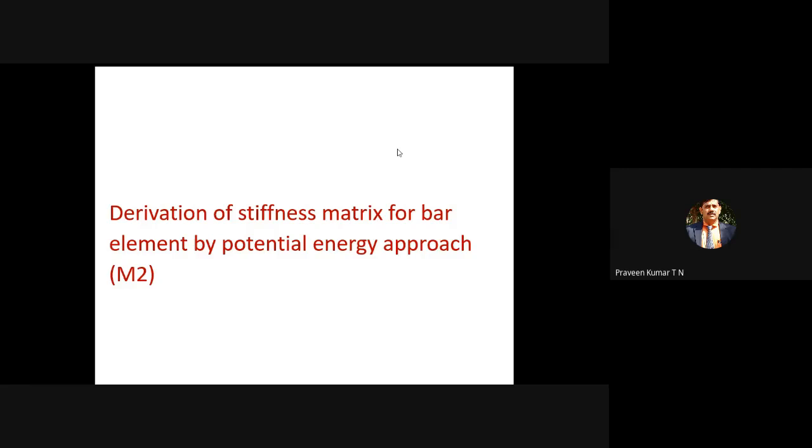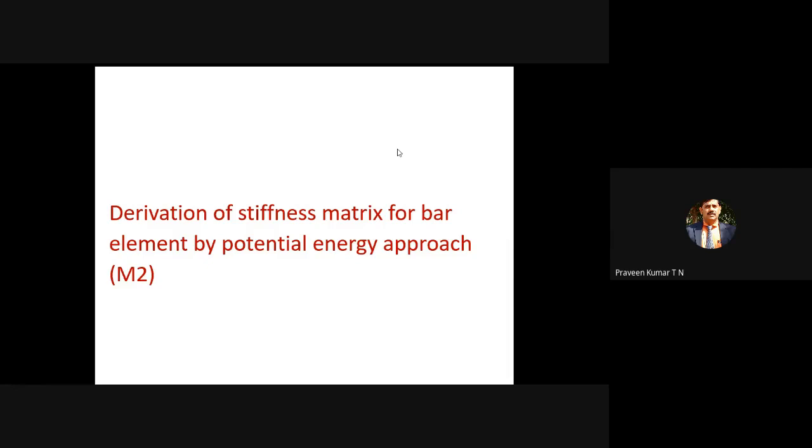So this is nothing but a revision of the first and second modules that you already did in class. Only a few students were there, but those concepts are very important. Even for the derivation of the stiffness matrix for the beam element and the truss element, you use the potential energy approach. Almost all chapters use it. Your complete finite element analysis package is based on the potential energy approach.